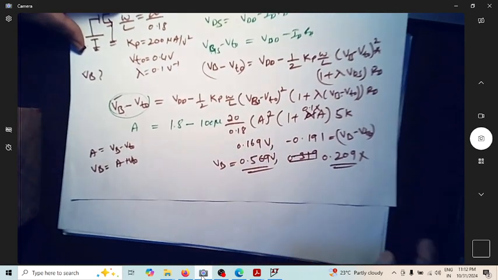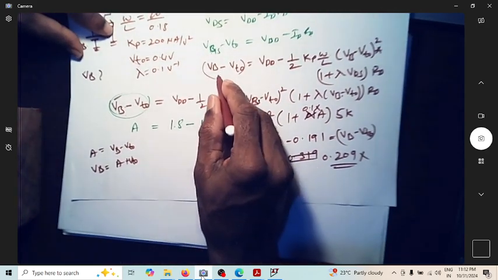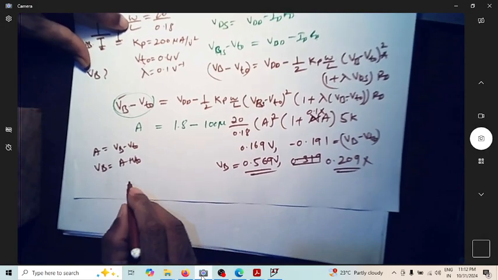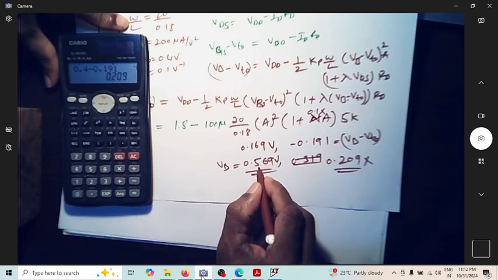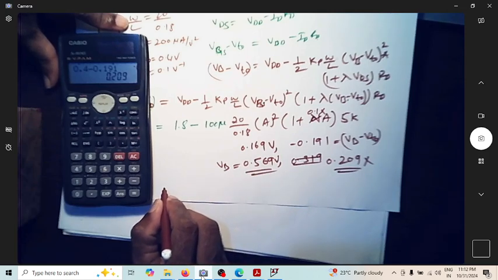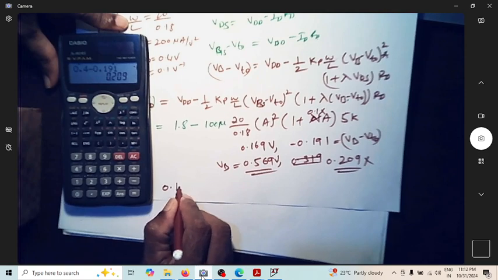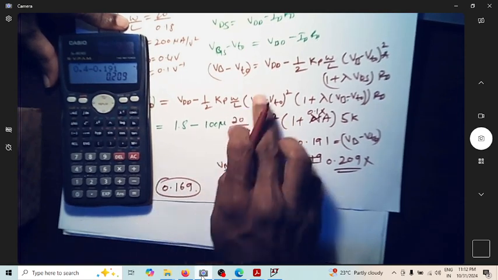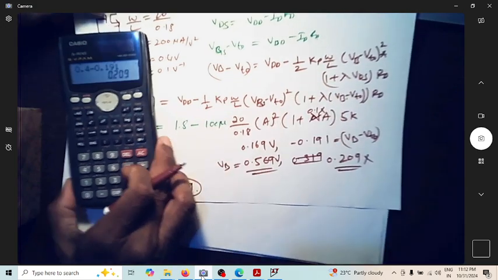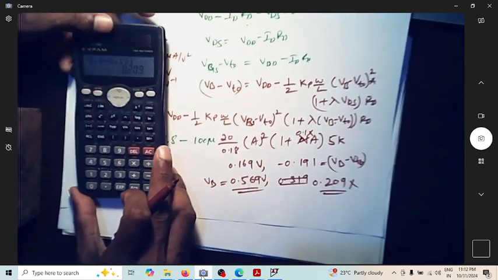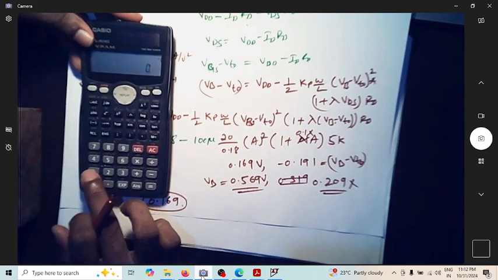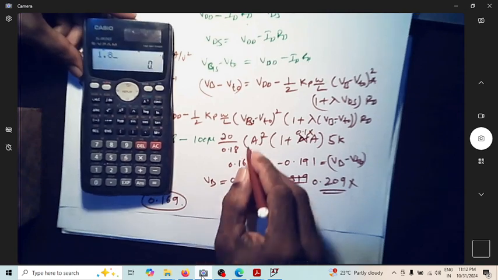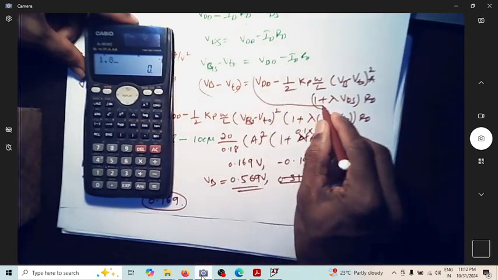So this should be equal to, okay, how much should this come out to be? It is minus 0.4, which would be 0.169. I have to get this much as the answer if I substitute all these values as they are. So now, I'll make it 1.8, that is, let me just substitute in this